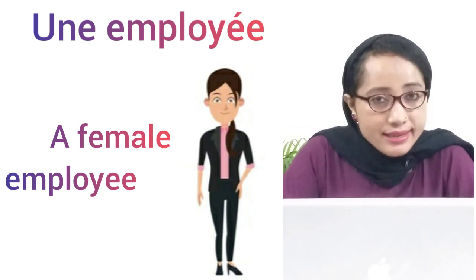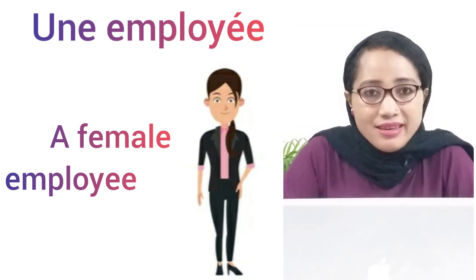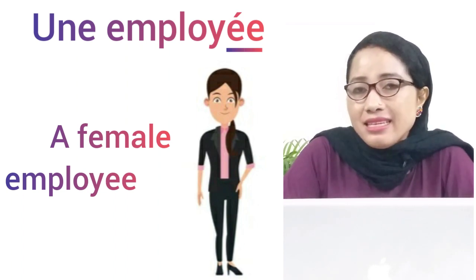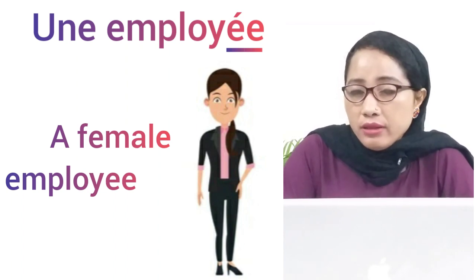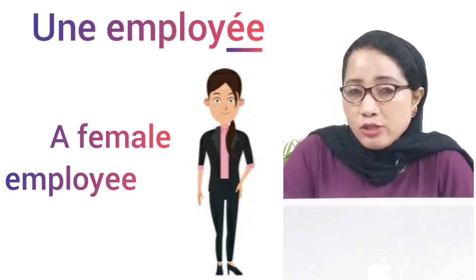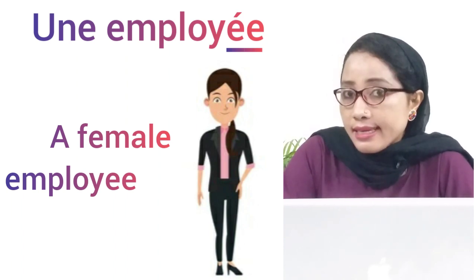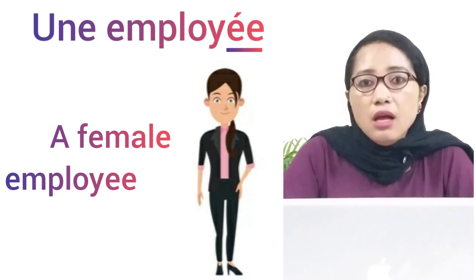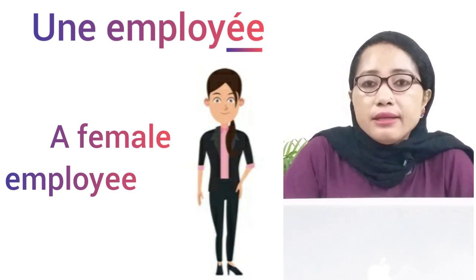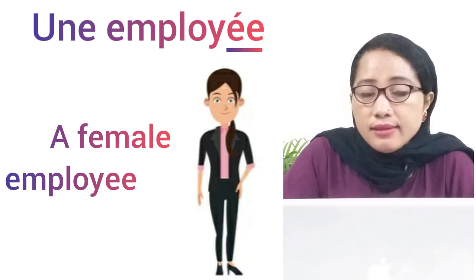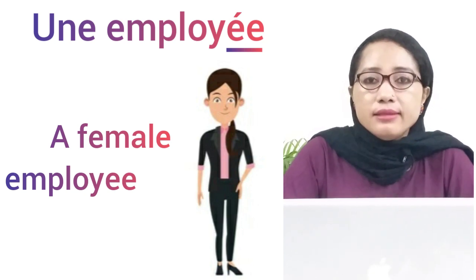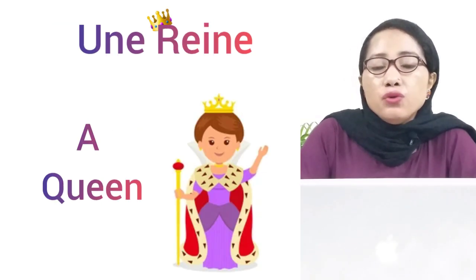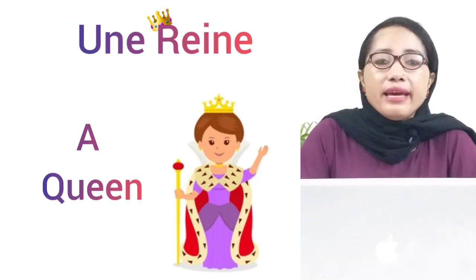Une employée. Look at the spelling, there is a double E, right? When we use it for a masculine noun, there is a single E only. But as we use it for feminine, we add another E at the end. Une employée, right? Une reine,